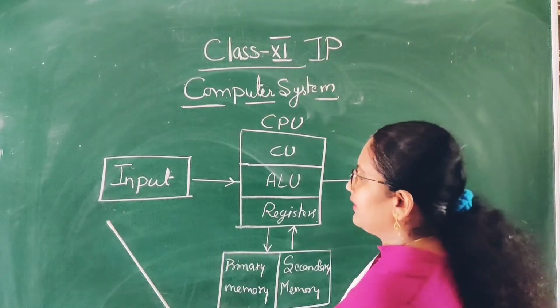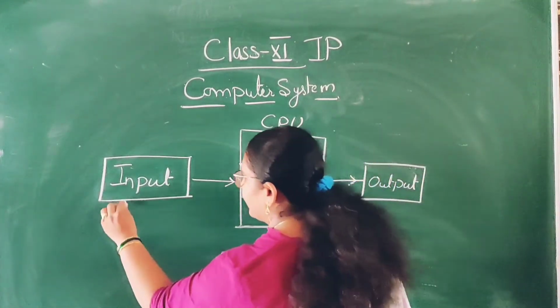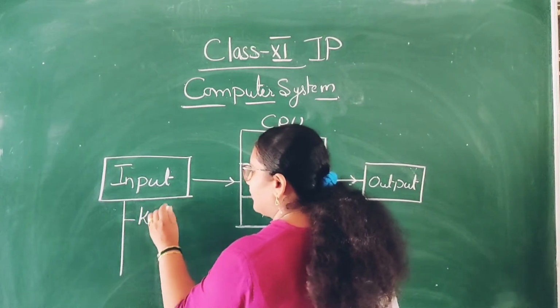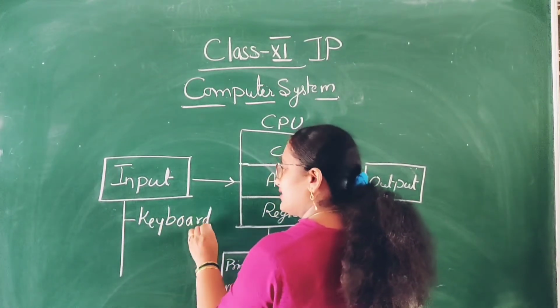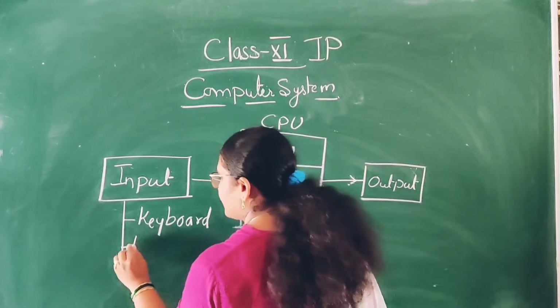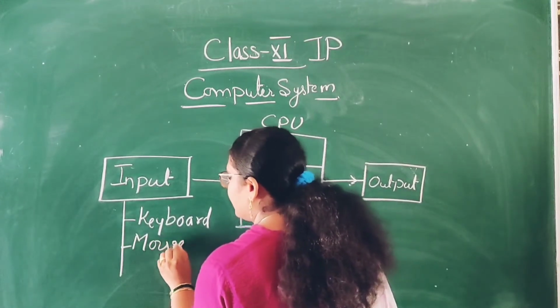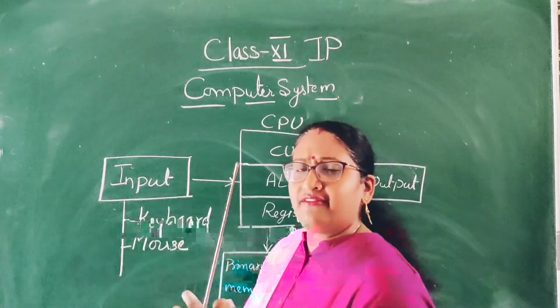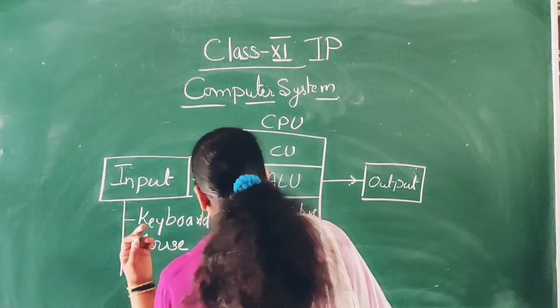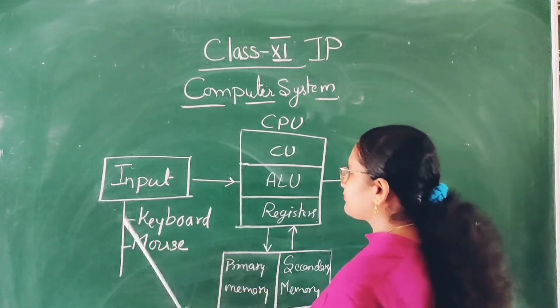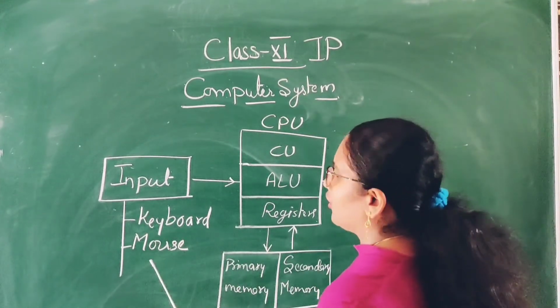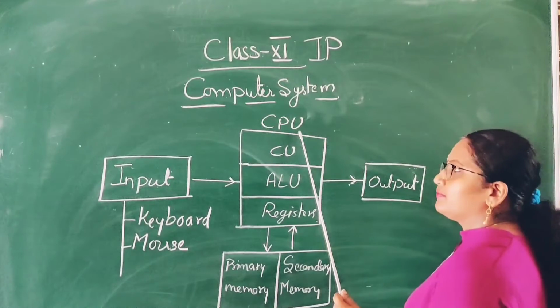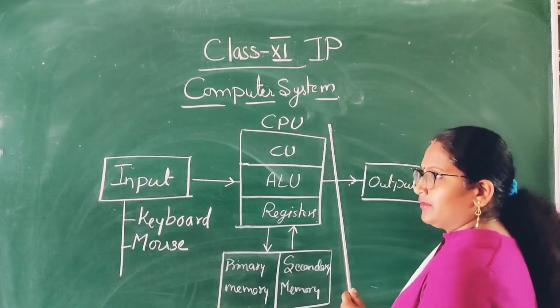When we give the input, we give it through many things like the keyboard, which has the keys we use to type. Next is the mouse. These are the basic components which everyone has. We can add extras, like the light pen I have shown you, and the scanner. These are also input devices. When you give input through the keyboard or mouse, it first goes to the CPU, the central processing unit.